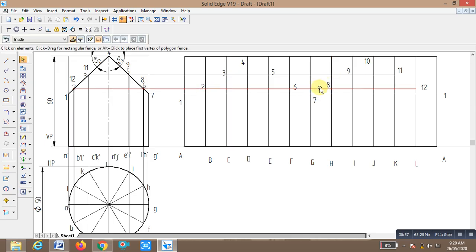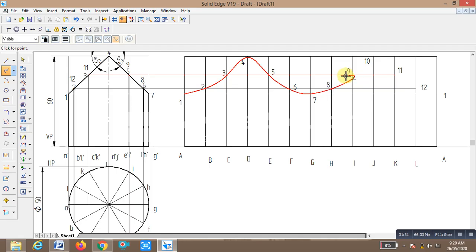Okay, it is taking place now. Curve. So this is 1, 2, 3, 4, 5, 6, 7, 8, 9, 10, 11, 12, 1. See, now it is taking.